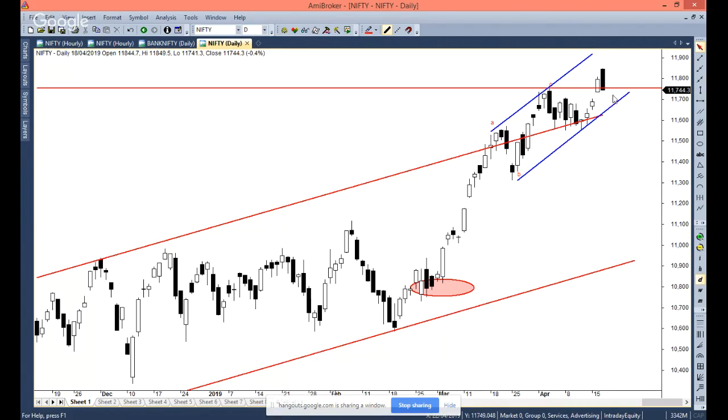The other challenge is when everyone is anticipating a 12,000 move on the index, when everyone is super bullish, index normally does not go to that place very easily, and that is why it's going to be a tricky scenario. If you are trading on the market, it's not going to be an easy ride, as I said, and volatility is going to be high, but overall stuck in a range.